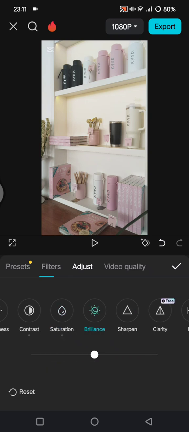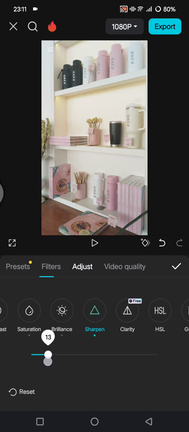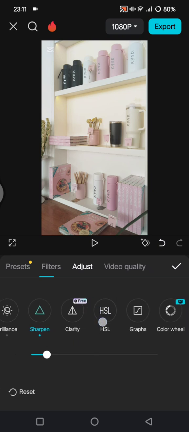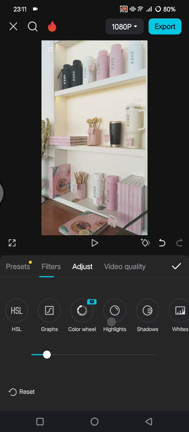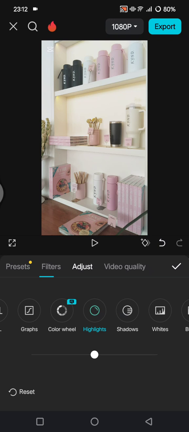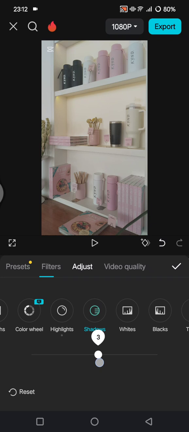Now tap on brilliance and increase it to 10, and then click on the sharpness, sharpen, increase it to around 12, and here you can find highlights and lower it to -50. Now tap on shadow and increase it to 10,